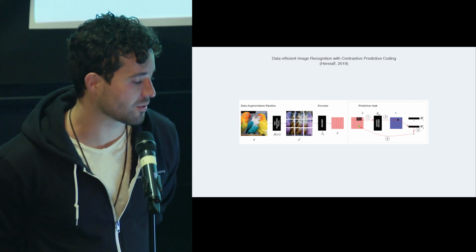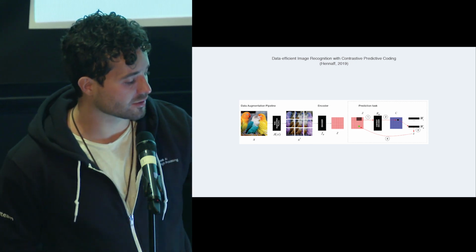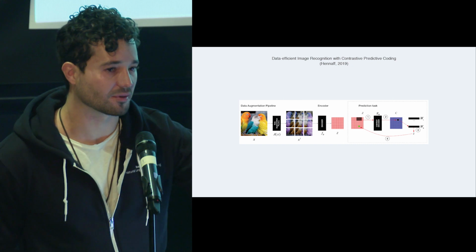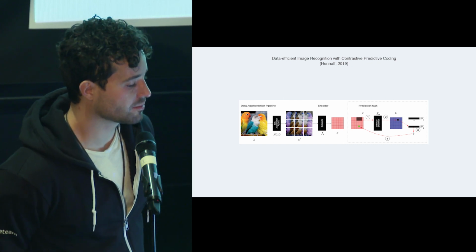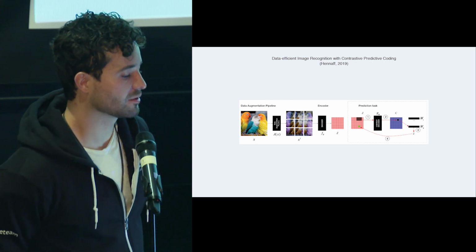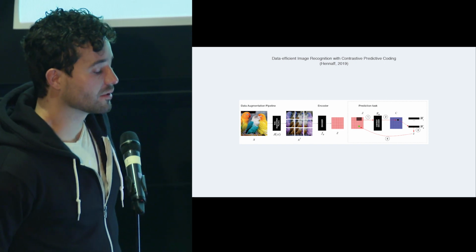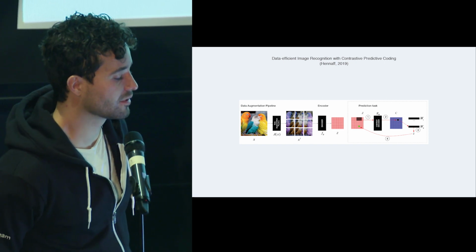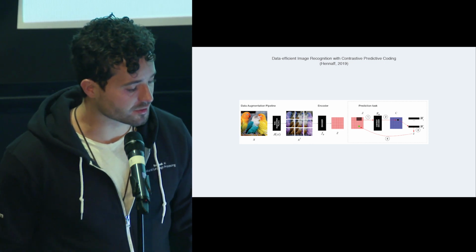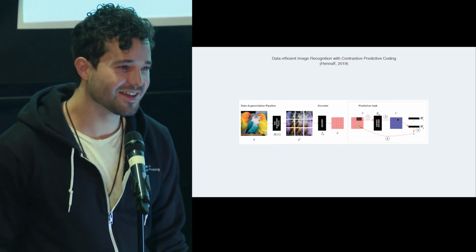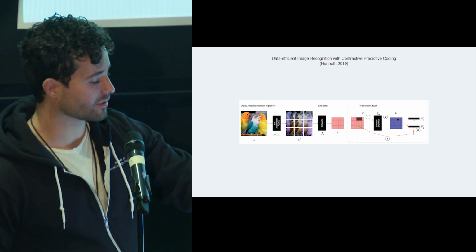You take those patches, you run them through the encoder, and you get the Z tensor, right? In this case, you had 9 patches. The Z would be 3 by 3 by the number of channels that you have there. And then on the right, you have the super complicated prediction task, which we found to be not necessary once we looked through our framework. I'll explain this. I'm sorry for the naming, but this is what they use in their paper. And also DeepMind doesn't release their code, so I spent a lot of time implementing this. Anyways, so you have the Z. Remember, the Z is a vector that's 3 by 3 in this case.